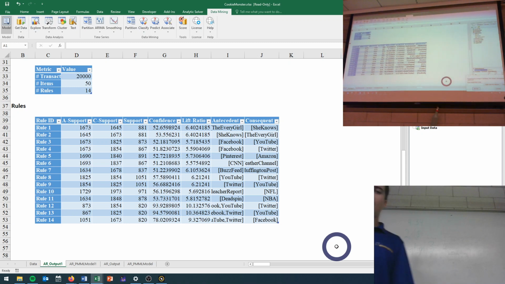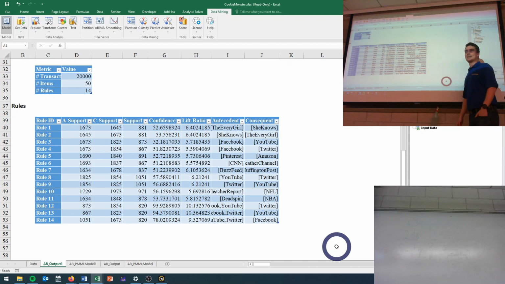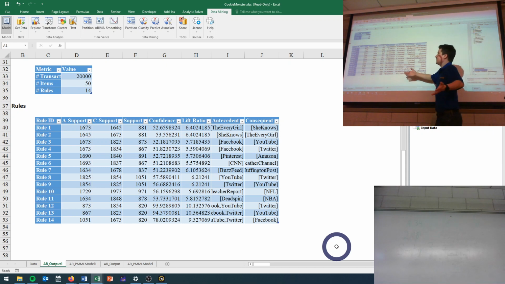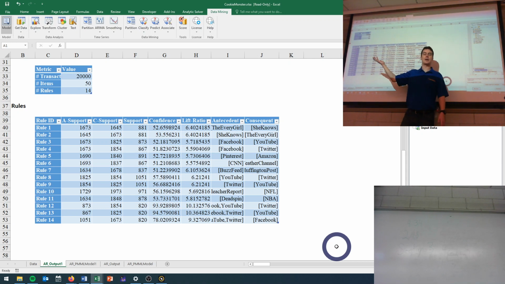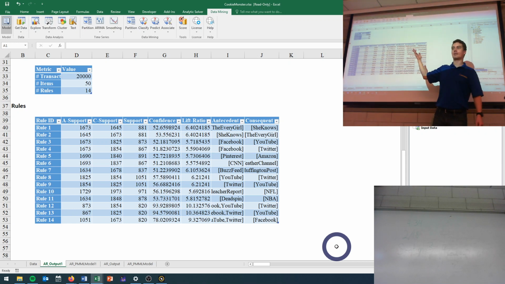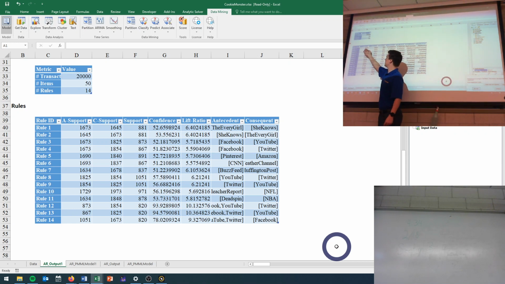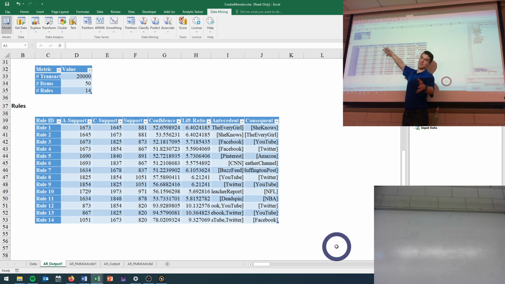Well, our confidence is not going to be great, right? So, the antecedent happened a bunch of times, but then when the antecedent happened, only about half did the consequent happen. Right? So, if this, then that, maybe. So if this, there's a 52% chance, 53% chance of the consequent. That's not great,